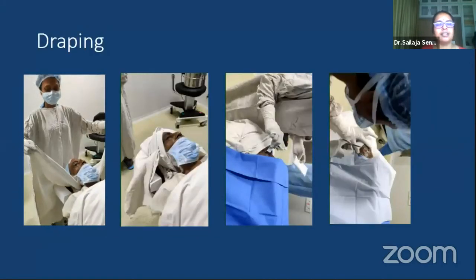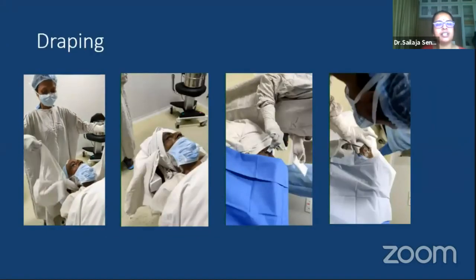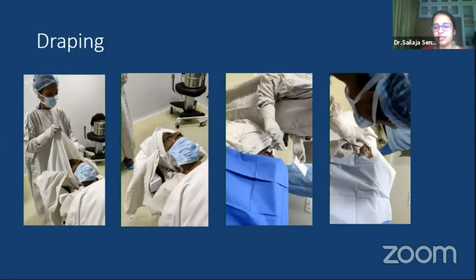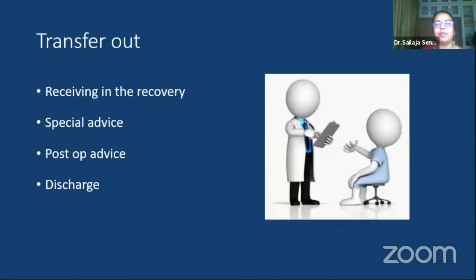So once the OR sister paints the area and drapes, and after the surgery is complete and the patient comes into the recovery area, any special instructions of the surgeon are to be noted and explained to the patient in the language they understand. The post-operative advice should be written legibly, and